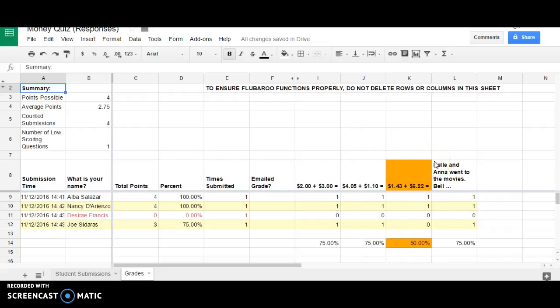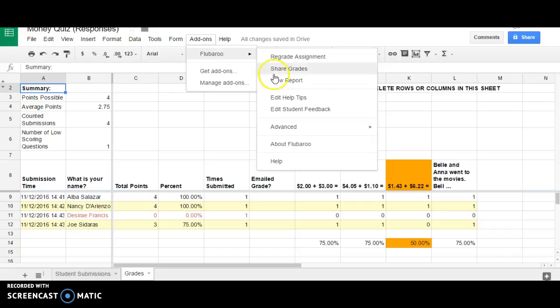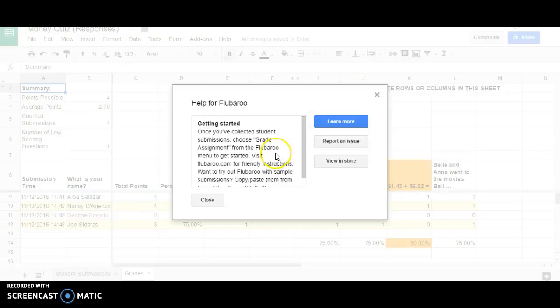Now, if you want to take Flubaroo to the next step, or if you need more assistance, go to the add-on tab, then go to Flubaroo, then go to help. Now what you can do from here is you can go to flubaroo.com to see more options, to see more tutorials, and also what's really neat is if you copy and paste